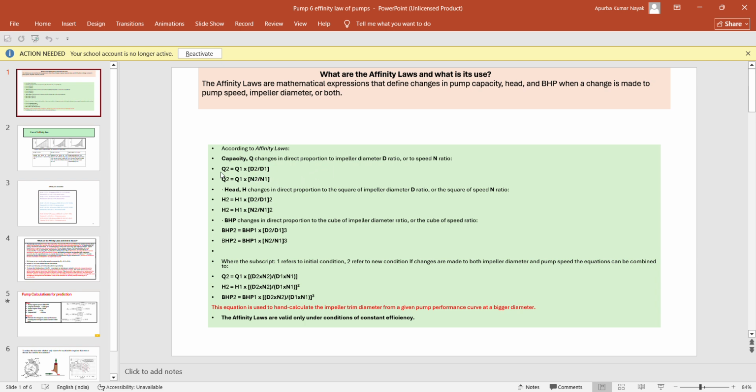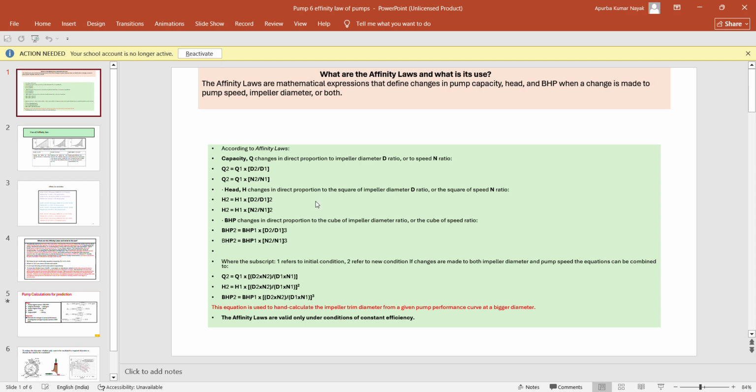Suppose Q2 is your final capacity and Q1 is your initial capacity, then Q2 is equal to Q1 times D2 by D1. It is directly proportional to diameter as well as directly proportional to the RPM. Q2 is equal to Q1 into N2 by N1, but it is not directly proportional when we consider head,